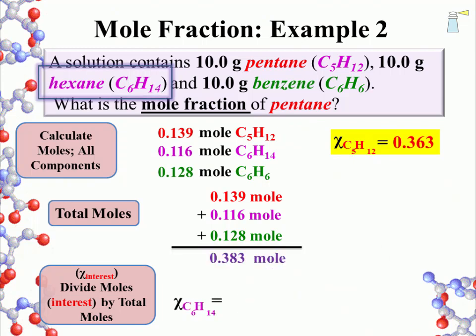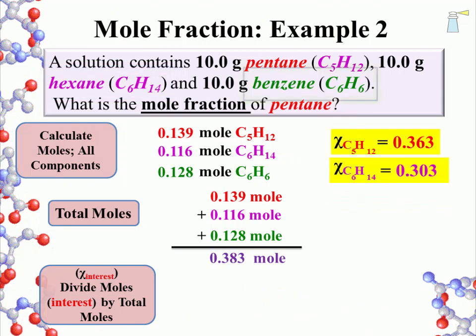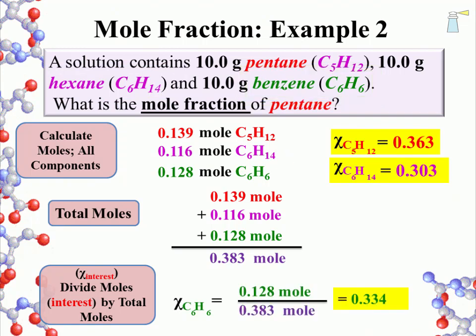Steps 1 and 2 are identical, and getting the mole fraction of interest has us take the number of moles of hexane from step 1 and divide that by the total number of moles, 0.383. Hexane's mole fraction is 0.303. We'll save this value and move on to the calculation of the mole fraction of benzene. Again, there's no need to repeat steps 1 and 2. The mole fraction of benzene has the moles of benzene divided by the total number of moles for a decimal value of